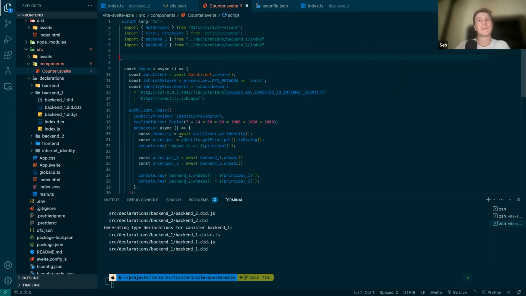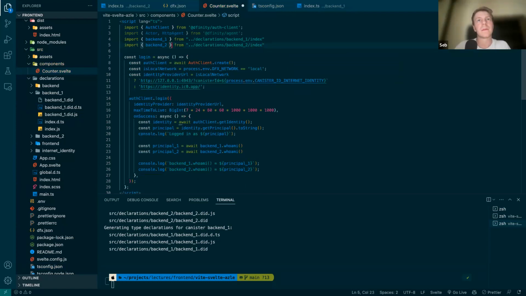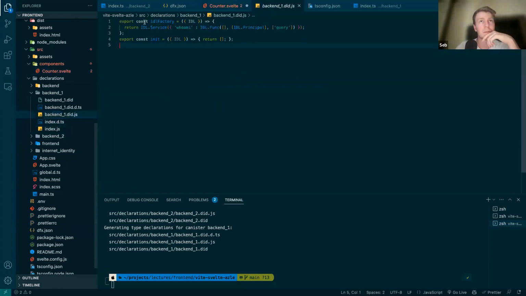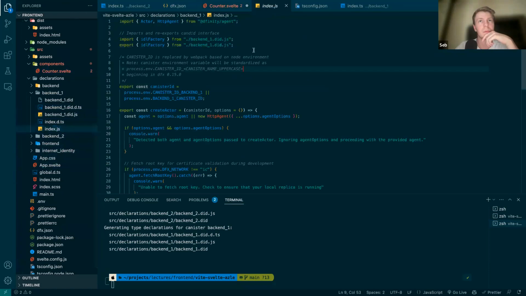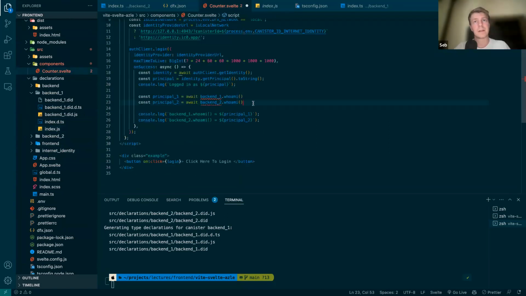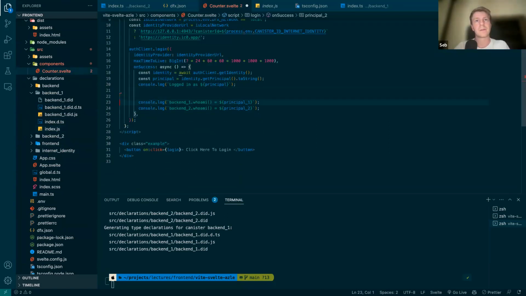Can I at least import it from the index? Maybe. Okay, yeah, I can do that, but Intel factory 1, Intel factory 2. So yeah, instead of importing directly from here, I'm importing it from here. But okay, let's do like this. It's not very clear why it doesn't work, but